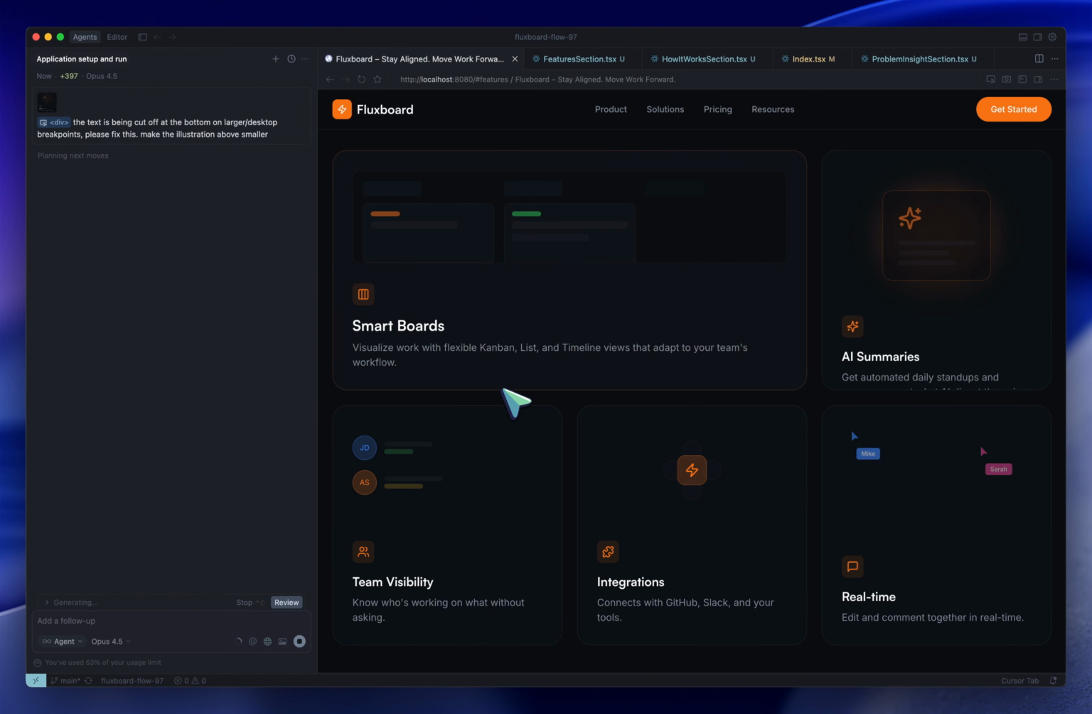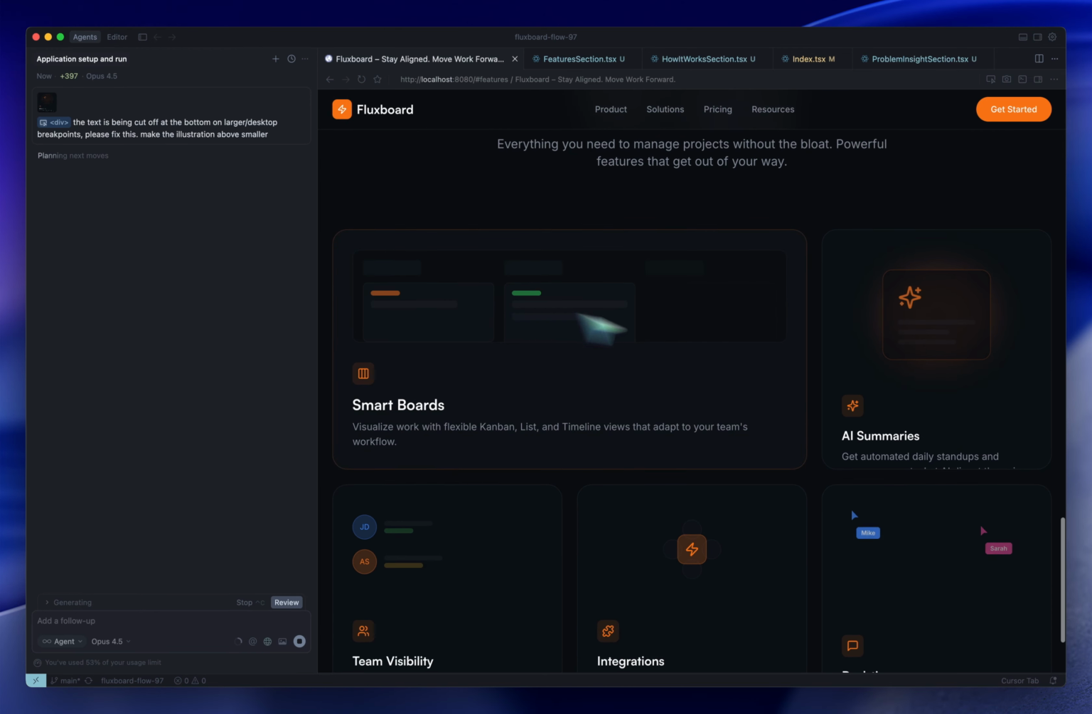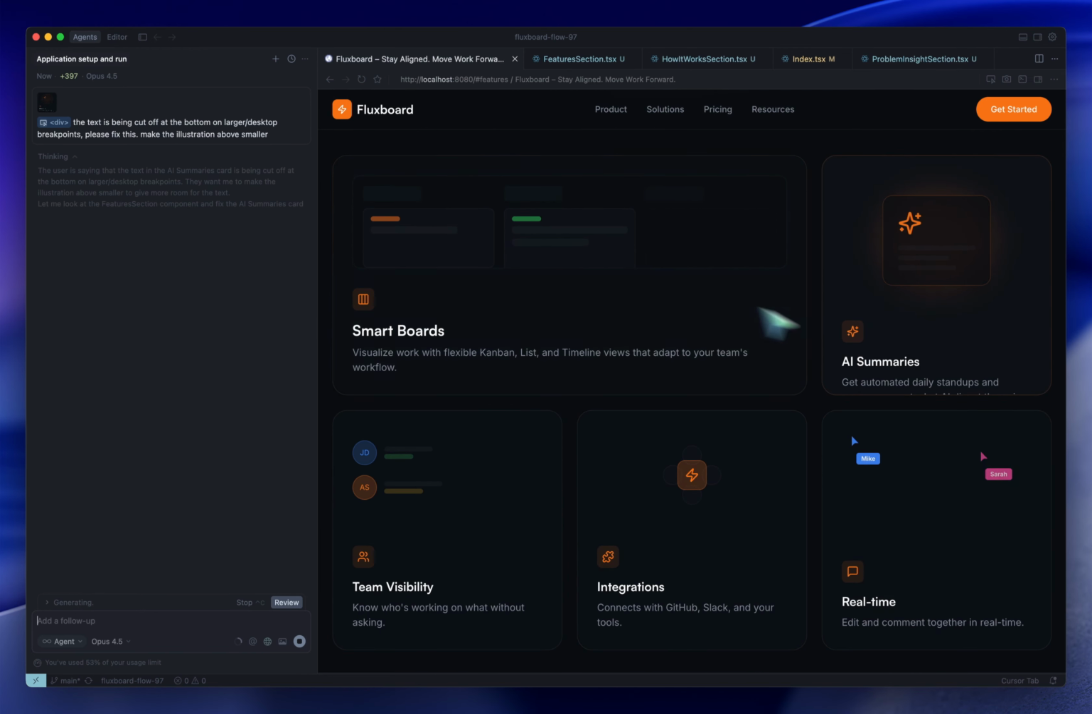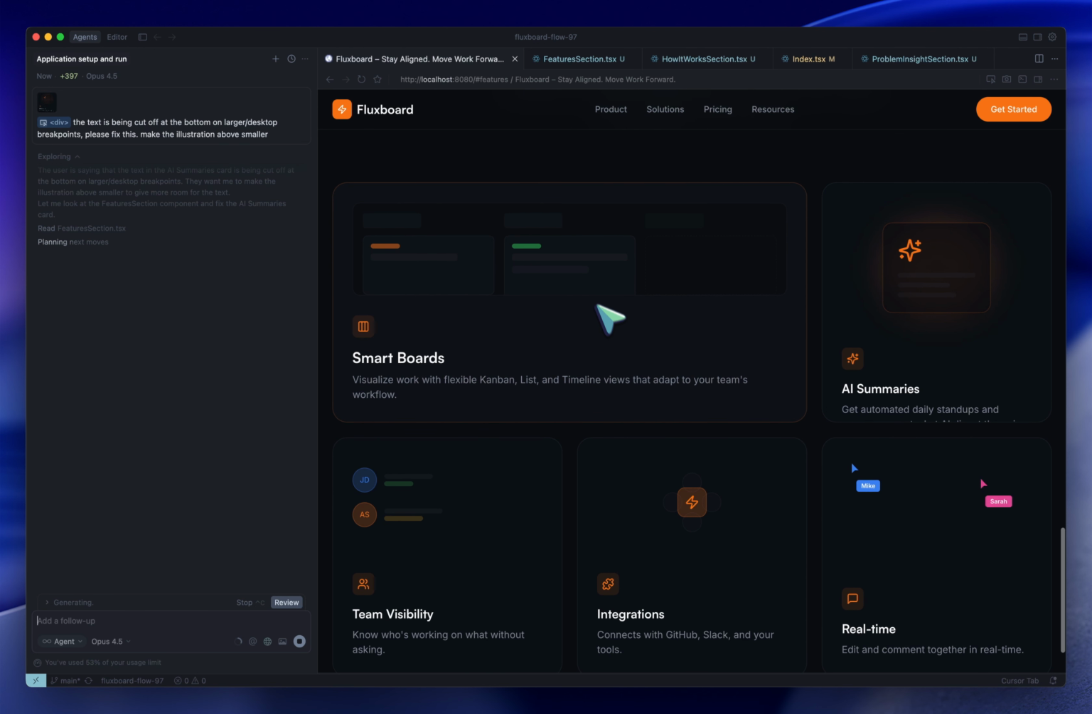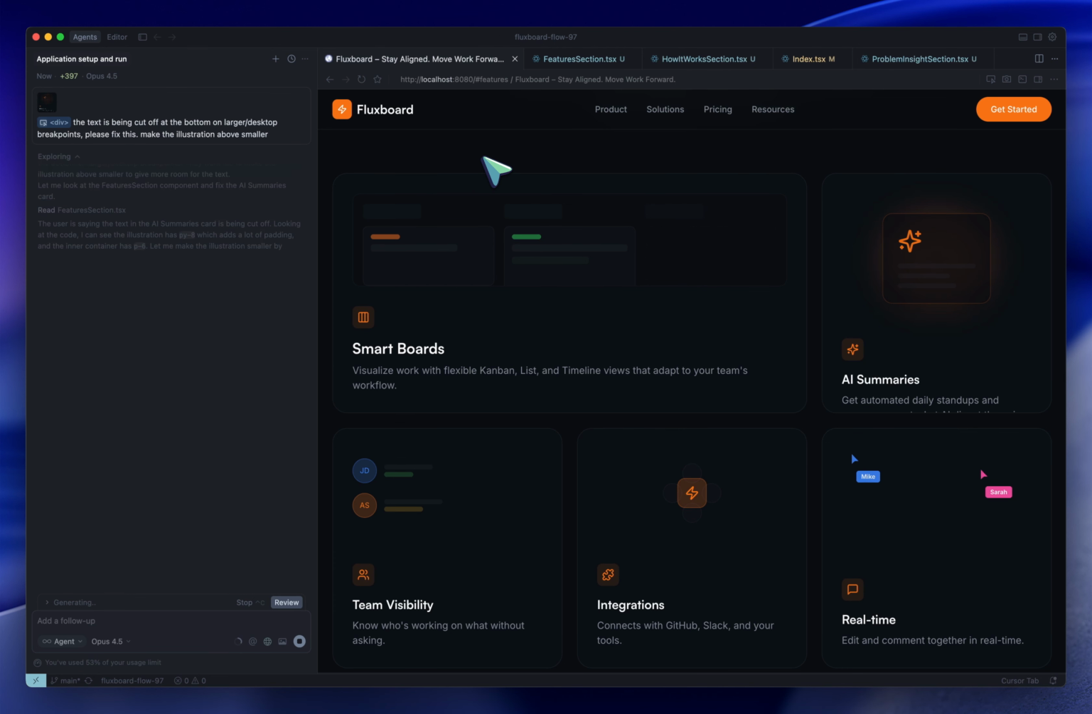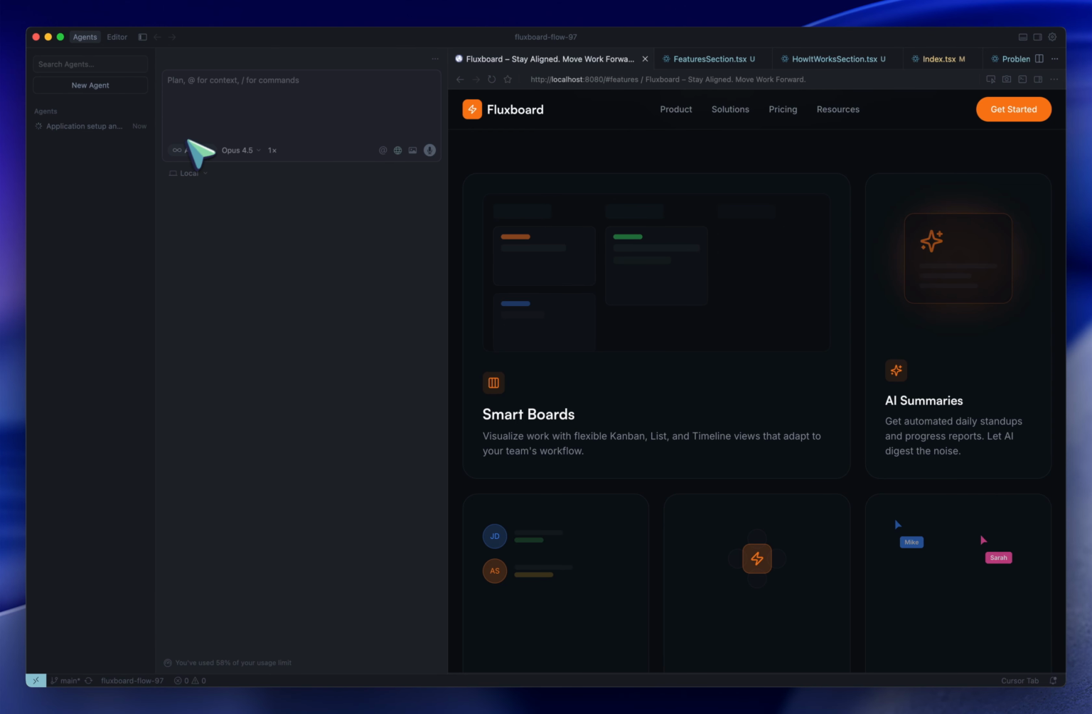Now, while we're waiting for this, we probably want to create better illustrations for these 5 different cards. So what I'm going to do is wait for this to finish, or actually what I can do is open a new agent, and I can go into maybe Grok code. I can click on ask mode. I'm going to say